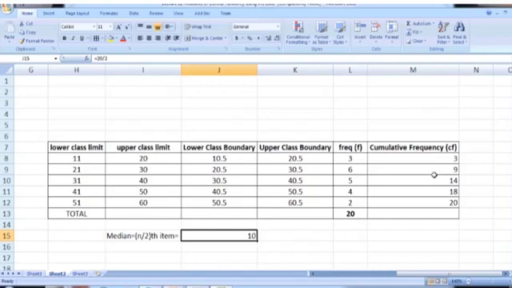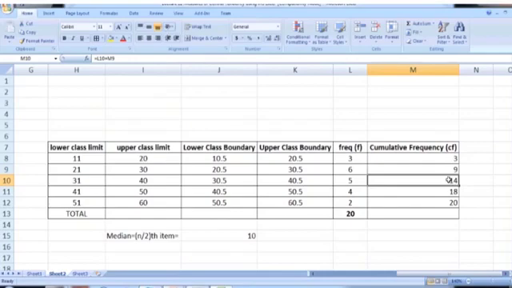So in order to calculate the median, we need to locate this number 10 in the cumulative frequency column. As far as the first cumulative frequency is concerned, it is 3. So it is not covering this number 10, because 3 is less than 10. The second cumulative frequency is 9, which again is not covering the number 10 because 9 is less than 10. As far as the next number, which is 14, is concerned, it is covering this number 10.